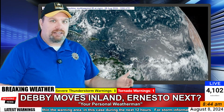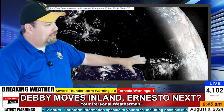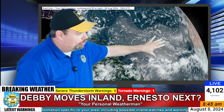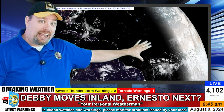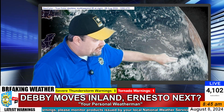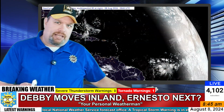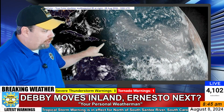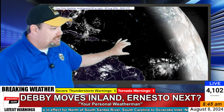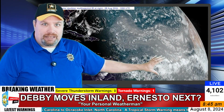And in fact, Colorado State has reduced its number from 25 down to 23, predominantly because of the influence and impact of the tropics, because of the Saharan dust that's out here. We got this one decent wave out here that the models are kind of locking in on. But what I want you to pay attention to when I show you the model data is it really doesn't develop until it gets over here and gets away from the Saharan dust. As long as this stuff's hanging out here, it's going to act as kryptonite to any development out here in